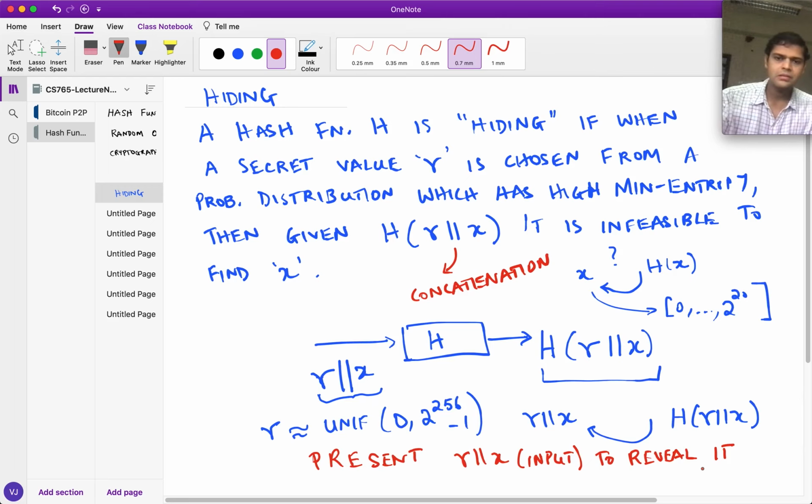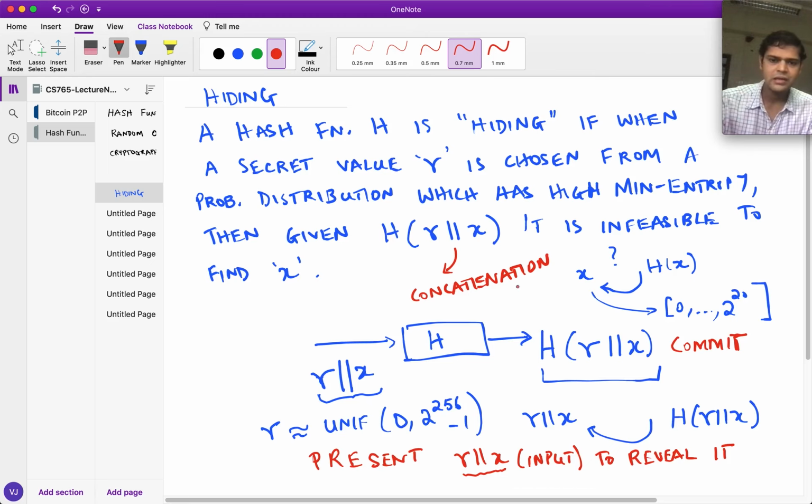Okay. So what the person does is initially he wants to hide it. Let's say that's the rules of the auction. They are allowed to hide the bid that they made. So he puts a random number in the front, calculates the hash value, and he commits this. So everybody is aware of this commitment so that he can't cheat later on. And then later on, let's say that all the people bid, they've all put commitments. Then they are forced to reveal what they had bid. Okay. So he reveals R concatenated with x, right?